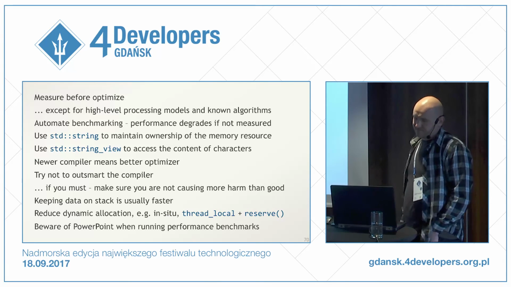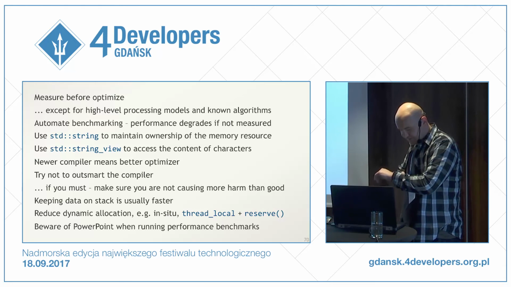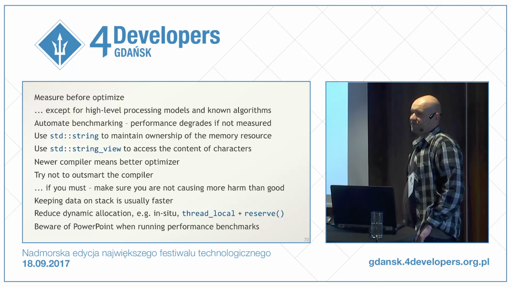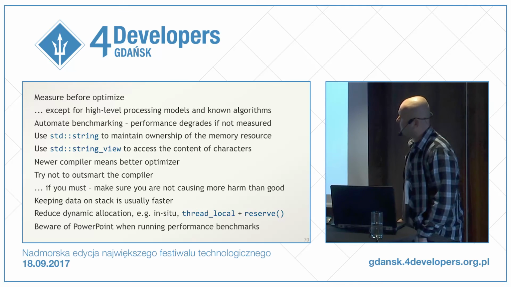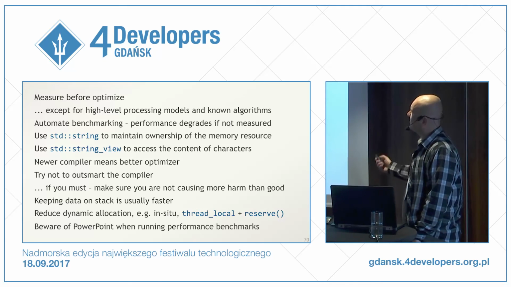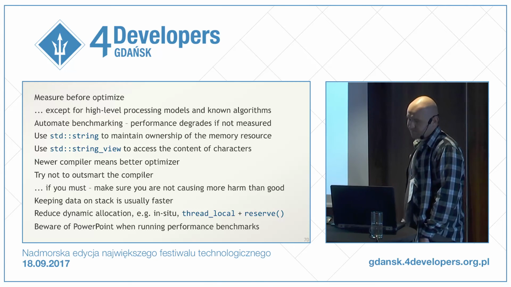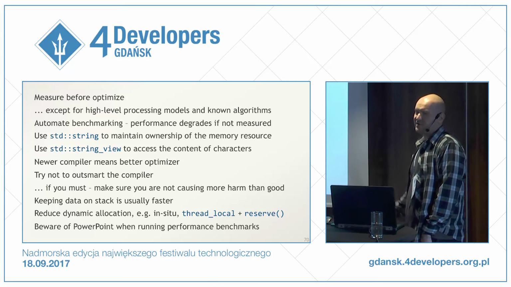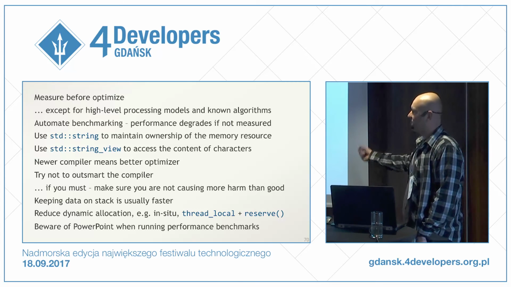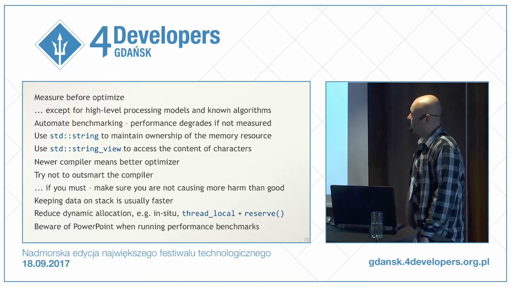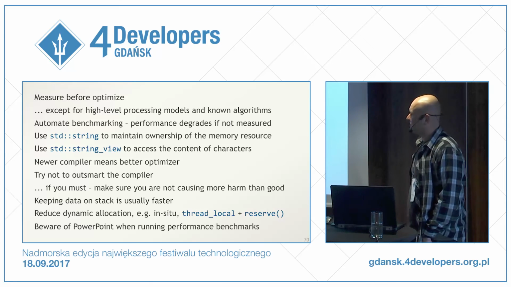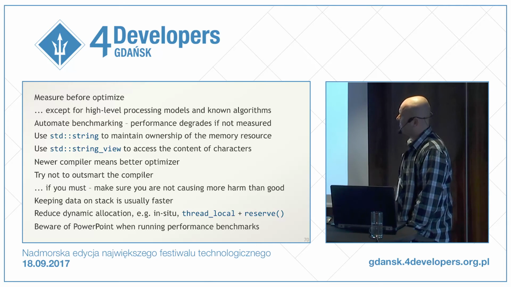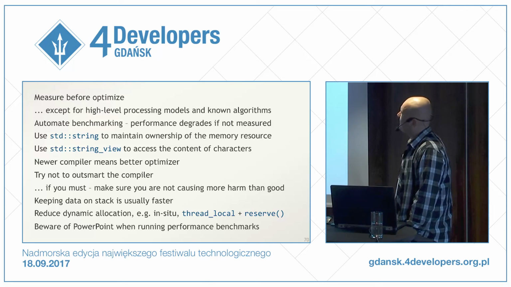So as a practically last slide, I will show you some general rules for writing performant code. Measure before you optimize, but accept some architectural decisions and algorithms. You know, if you're lazy, you still do not write bubble sort, because, you know, it's not important, I will just do it my way. No. So no bad algorithm or decisions made early.